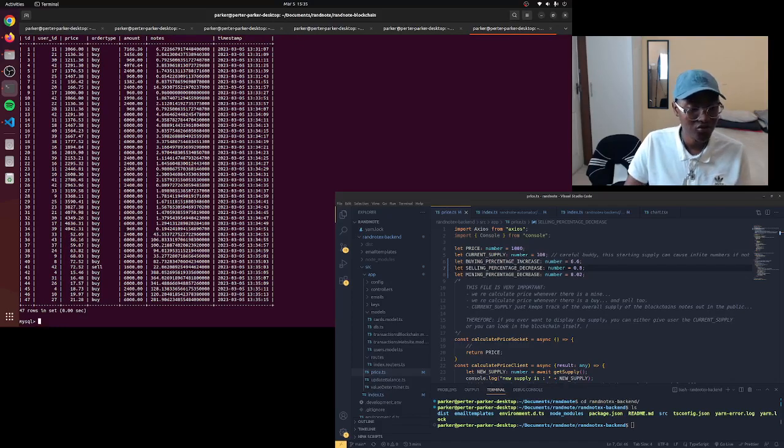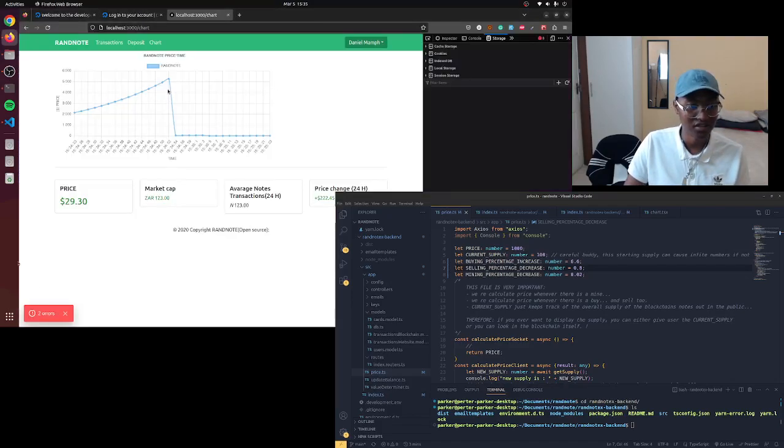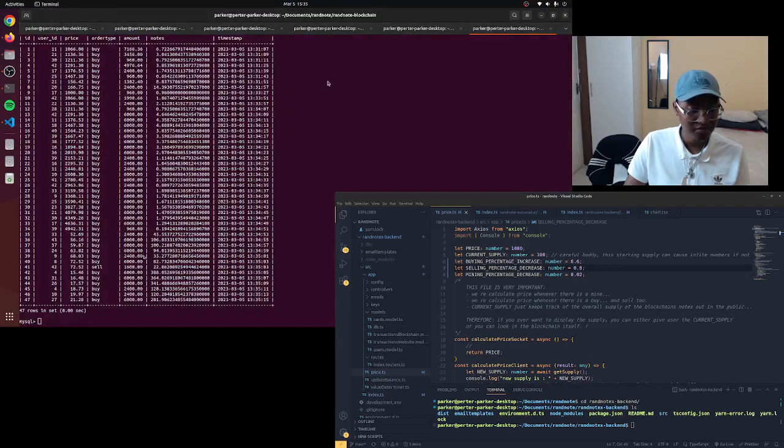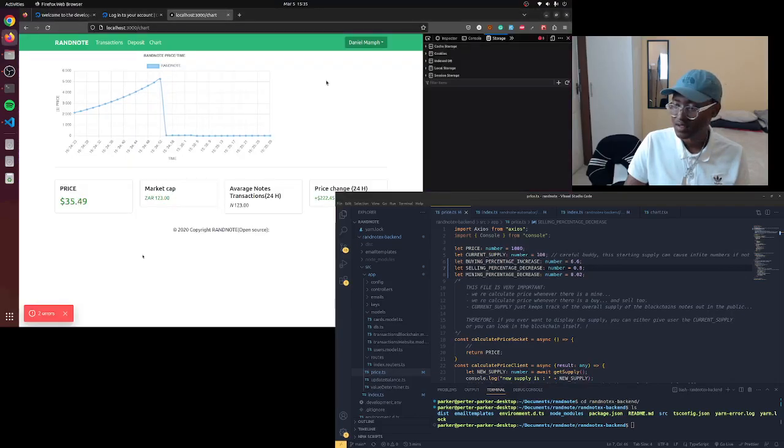Price went from 72 to 15. How insane. It's like the more I decrease it, the